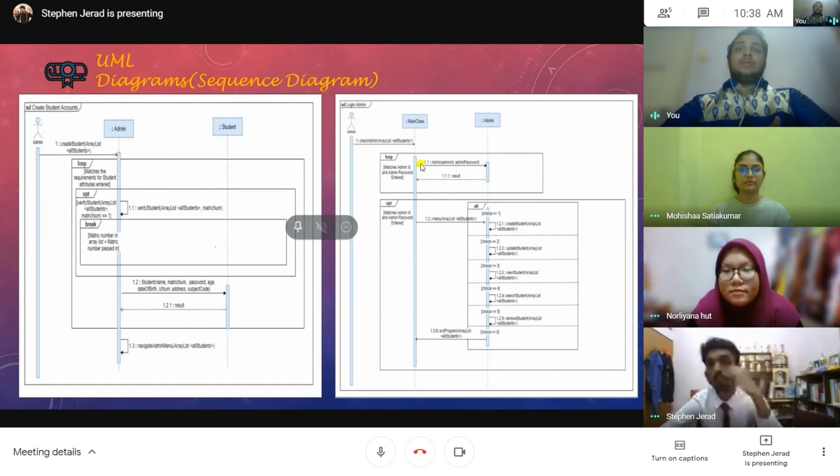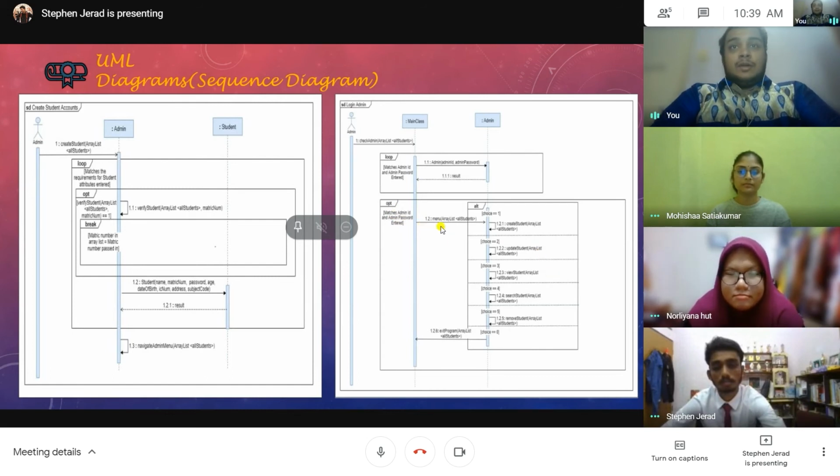If they do not match, we just loop until they enter the right ID, because we have only one admin in our program. So we have to make sure that the particular admin logs into the program, so we have to match the admin that is entered. The loop will interact with the admin class for every iteration. Then we have the optional fragment operator, like an if only. The condition of this optional operator is that it must match the admin ID and password entered. If it matches, it will continue the program to the next part.